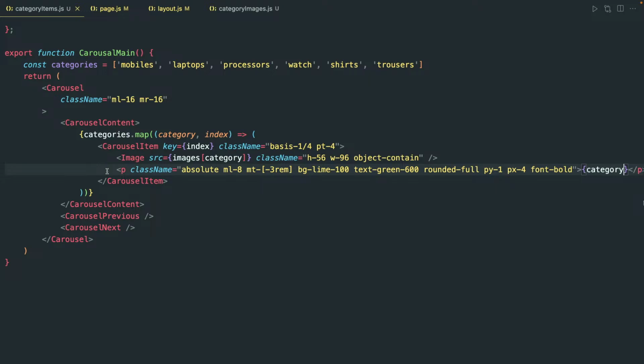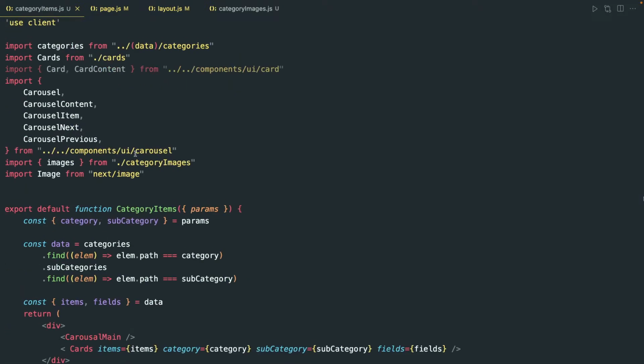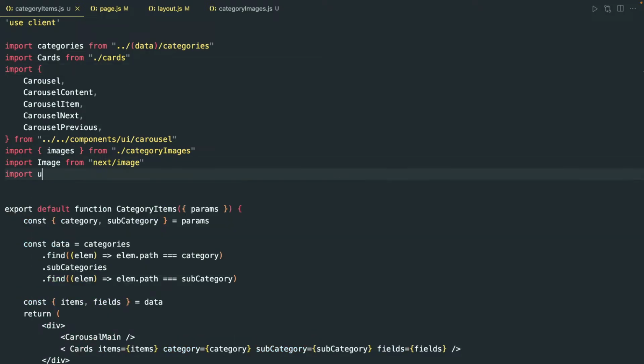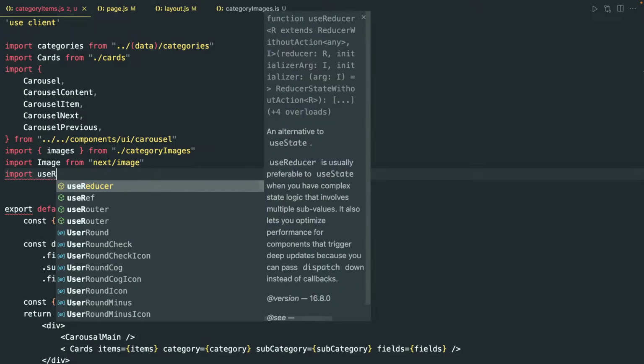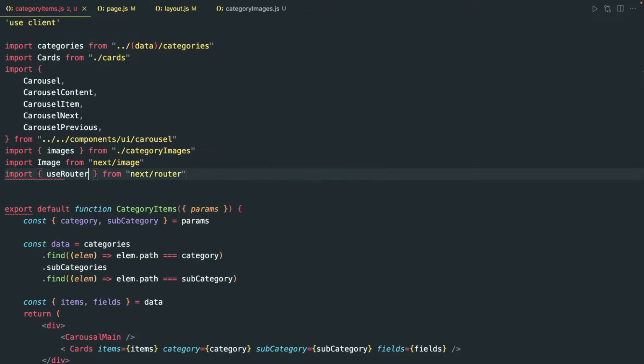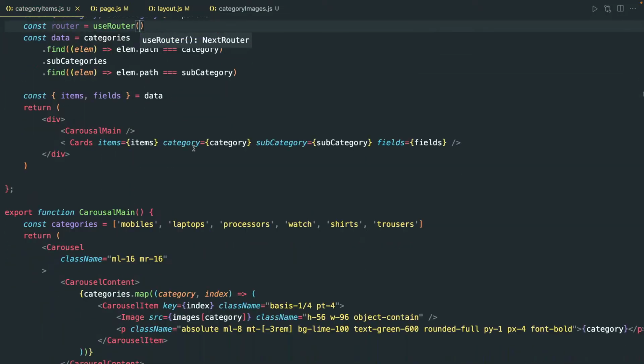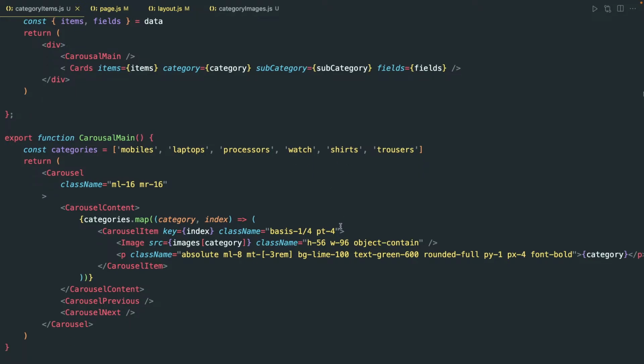So of course we need to use router. For that, remove the card. We have not used that. Import useRouter from next router, const router = useRouter. Then on click of this, on click,